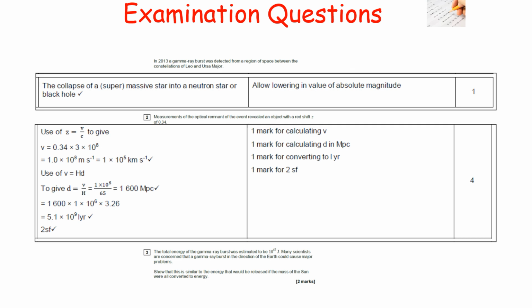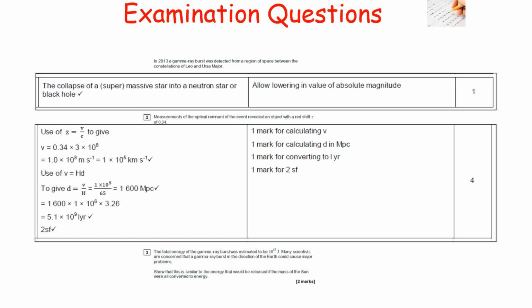So we can therefore say that we've got our distance now in megaparsecs, but then we need to convert this into light years because that is what the question wants. Now, the conversion from megaparsecs into light years can be done in two different sections. So firstly, convert megaparsecs into parsecs, so you times your value of 1,600 megaparsecs by 10 to the 6 to go from megaparsecs to parsecs, and then multiply by 3.26, because the conversion from parsecs into light years is that